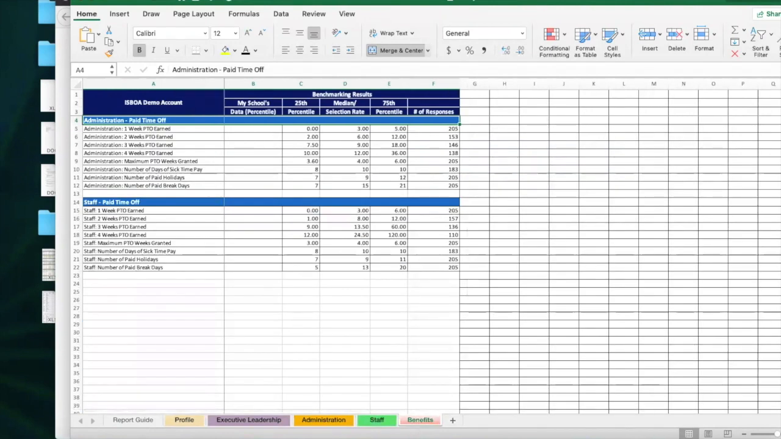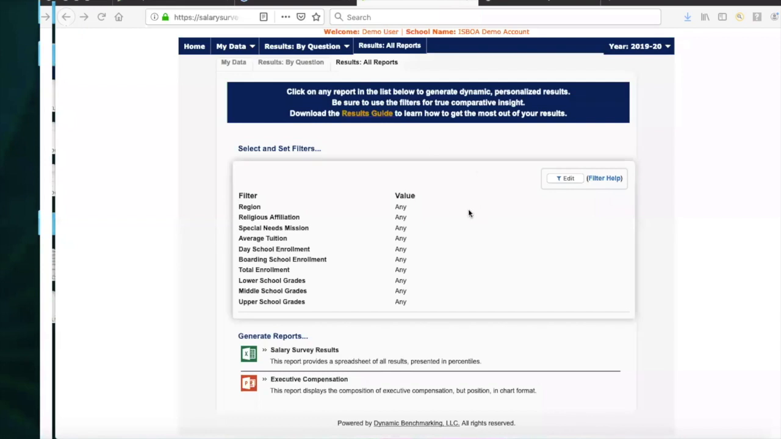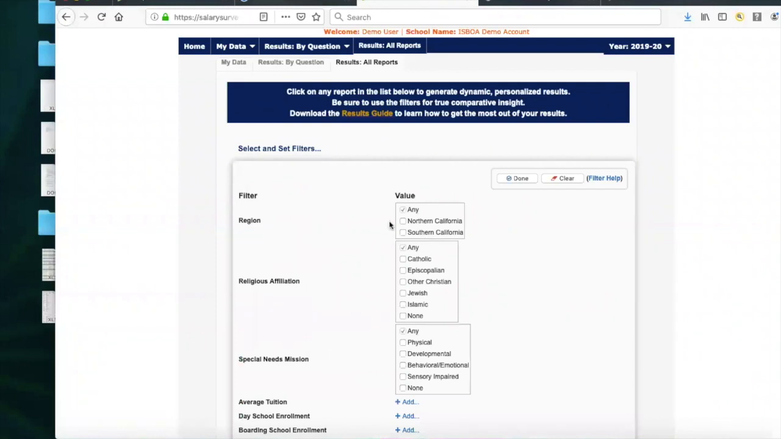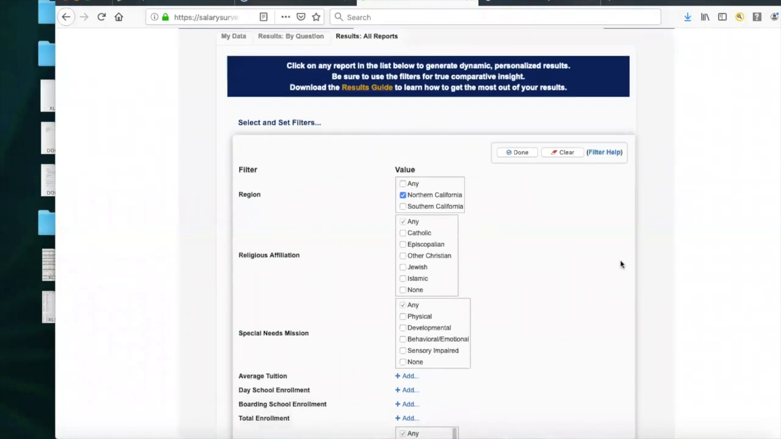So that's the basic report. And from there, you can filter it. So if you really don't want to look at anybody in Northern California, you can set your filters. And as long as you return, there will be, consistent with all years, if there are not at least 5 responses, you won't see any information on a position. So if you want to do Northern California